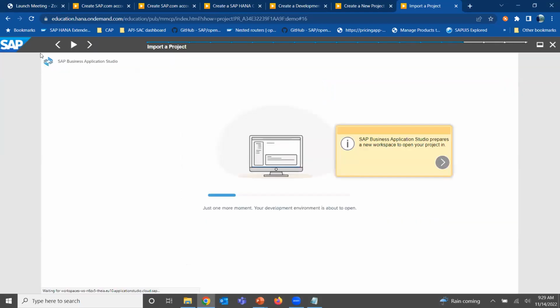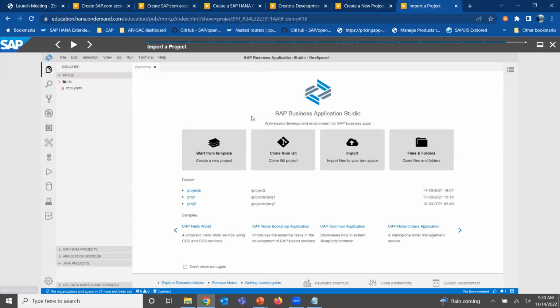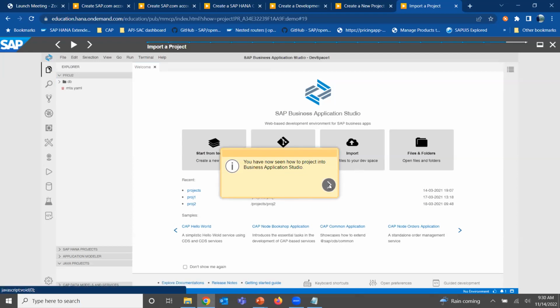Once you open it, only project 2 will be opened as a separate workspace. Right, so this was the content of that project folder. It is automatically extracted, and the imported project is opened in a new workspace and displayed in the Explorer pane.